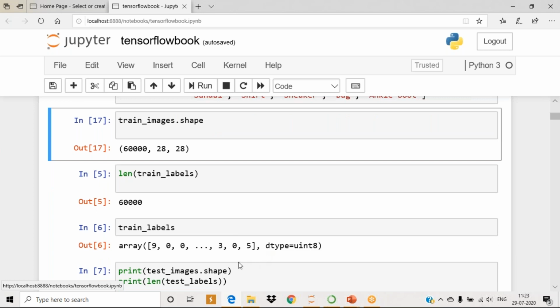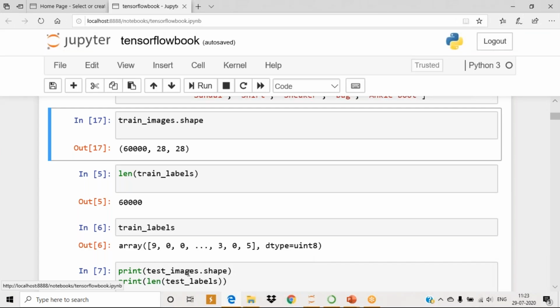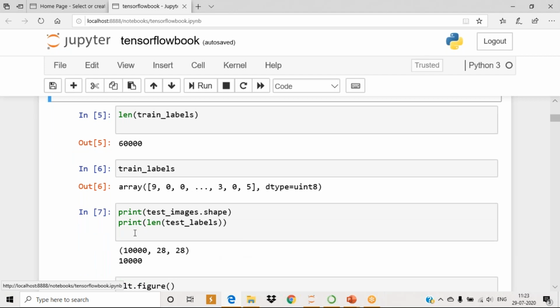See here, it is an array, right? The first answer is 9. So what item does 9 mean? See the PPT. The 9th item is ankle boot. So your first item is the ankle boot. Okay, so it's a kind of shoe. So the first item is the ankle boot, and 0 represents a t-shirt, right? Similarly, the first item is an ankle boot, the second item is a t-shirt, and the third item follows. So the respective labels you have stored in the training labels. Okay, so that is the answer for the next one.